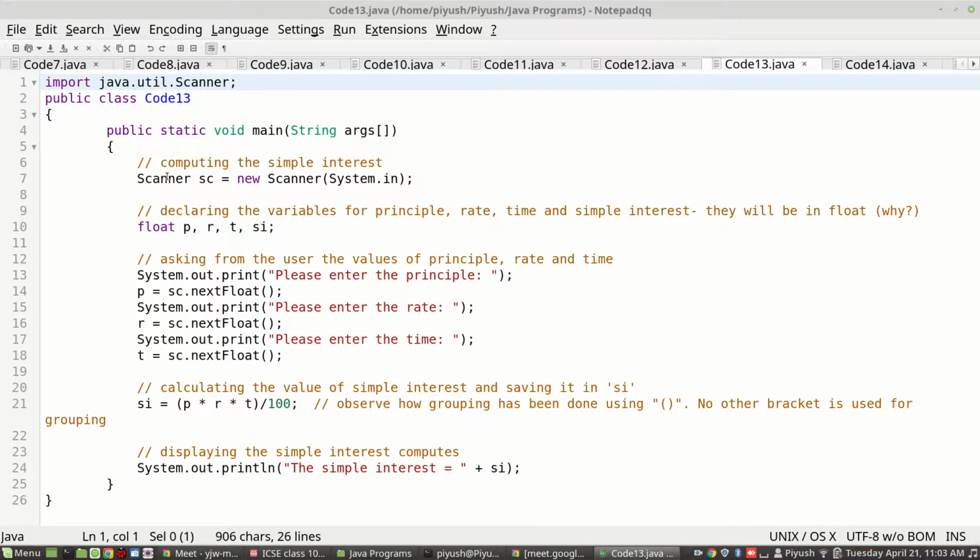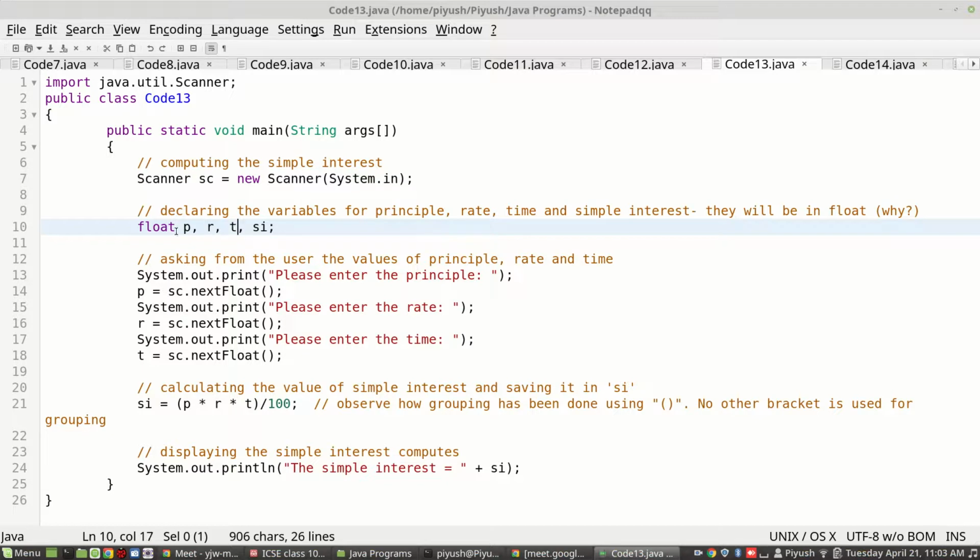Because we are going to accept from the user, what 3 values do we need to ask from the user? Principal, rate and time. So we need 3 variables for them, and all of them can be in decimal points. Rate can be 7.5%, principal can be 1000 rupees 50 paise, even time can be 4.5 years, right?